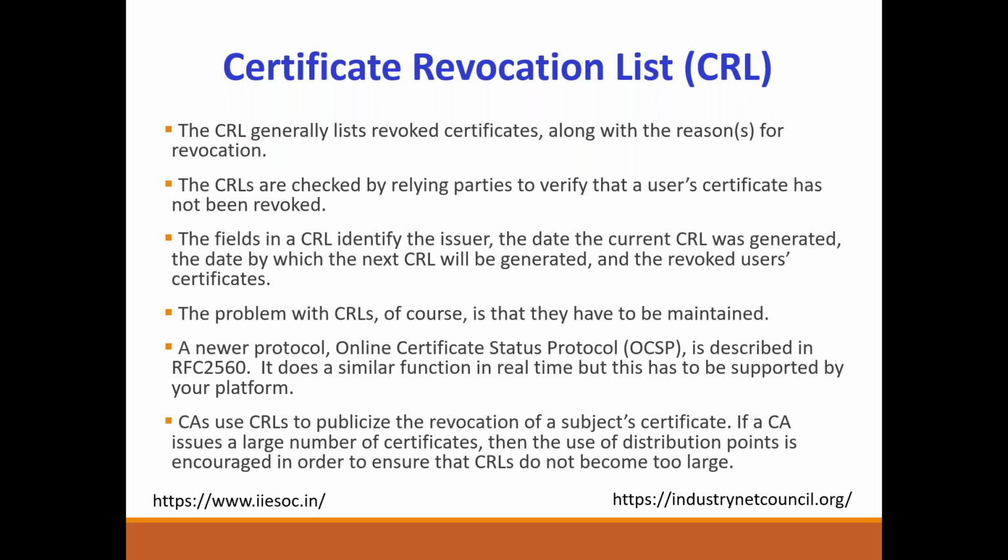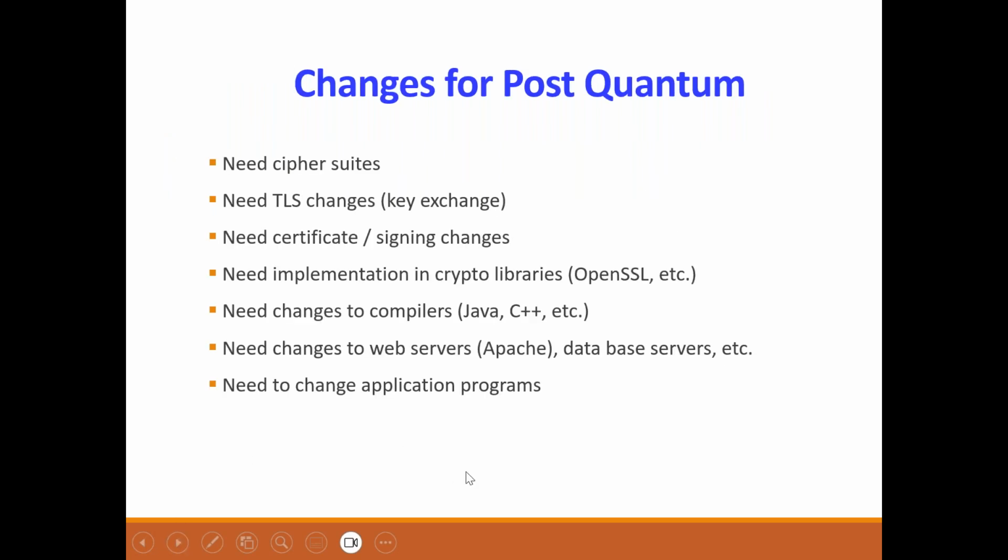The problem with a certificate revocation list is that you have to maintain it. If you don't maintain it, it's no good. And there is a protocol, OCSP, which is used to maintain the certificate revocation list. And I see it used more and more, OCSP, in the wild, in particular from some of the browsers. You'll see that used a good deal.